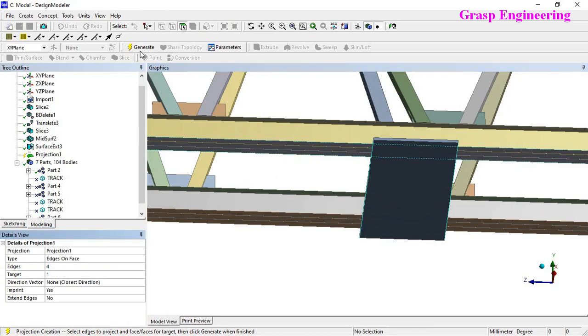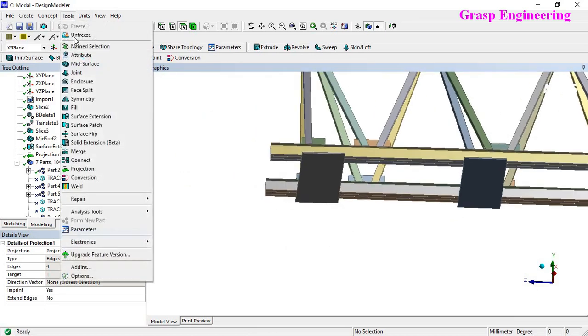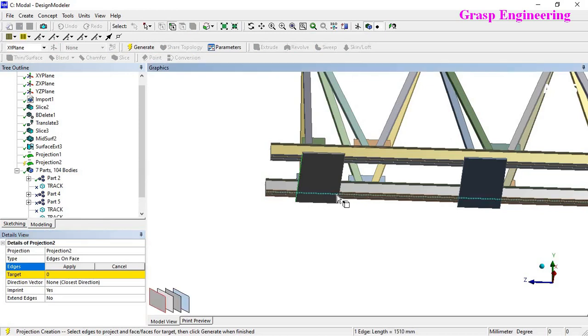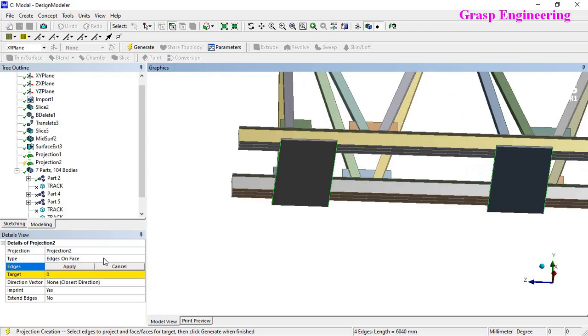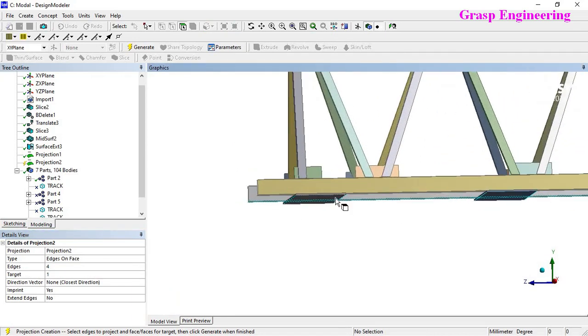Then repeat one more time: Tools, Projection, select all 4 edges, then select the bottom face and apply. The purpose is that we will provide the constraint at these locations.